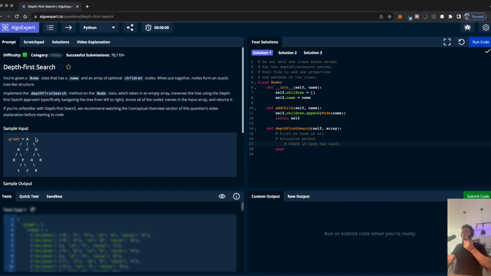And each step of the way, we need to push the element that we're on into our array. So this recursive method needs to push the new item into the array if the item isn't in the array, right? And then check if the node has leaves, and it needs to go to the leaves, right?